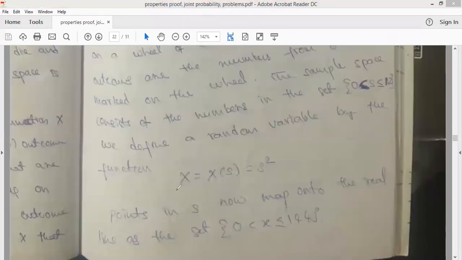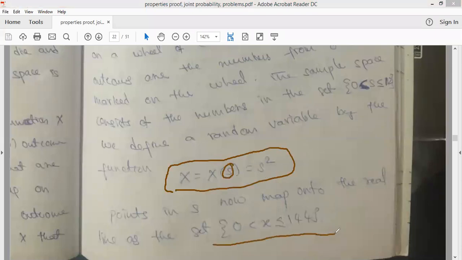We also discussed that the random variable is a function of the elements of s. So what are the elements here? s. So x of s is equal to s square. So the random variable now will be 0 less than x less than or equal to 144, that is, 0 less than s less than or equal to 12 square. 12 square is 144. So this is the example for a continuous random variable, whereas in the discrete random variable